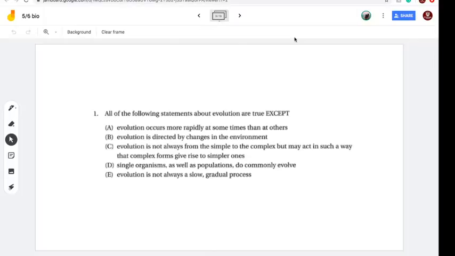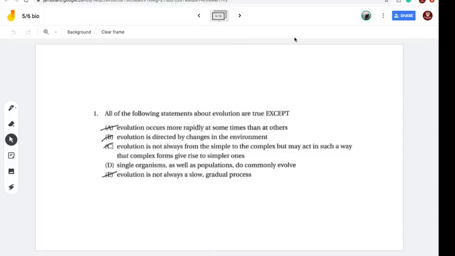So we discussed that evolution does not occur at the same rate, sometimes rapidly and sometimes slowly, so we can rule out choice A. Then we also discussed that choices B, C, and E are also correct, so we can rule those out. So the answer is D, single organisms as well as populations